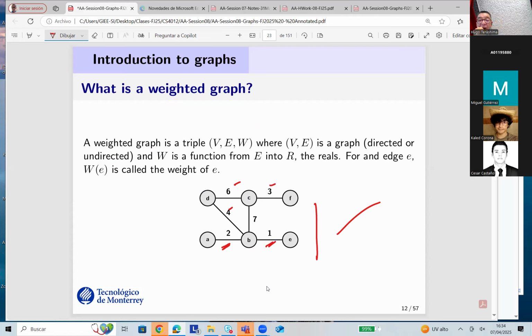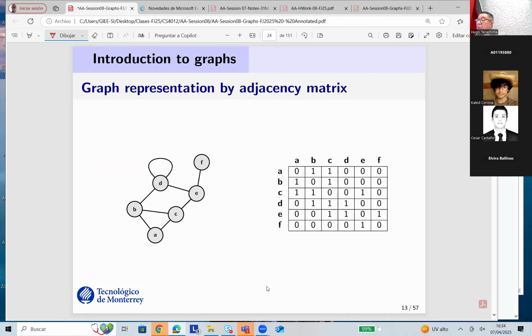So, questions so far? Are we doing okay? Everything clear? Easy concepts, right? I'm sure that you've seen this before, but we need to formalize, and then we're going to move on to some algorithms for solving specific problems. So if I want to represent a graph in the computer,